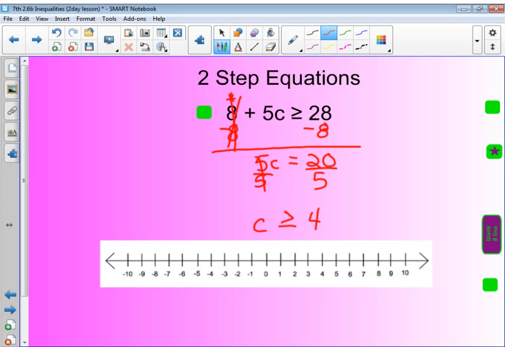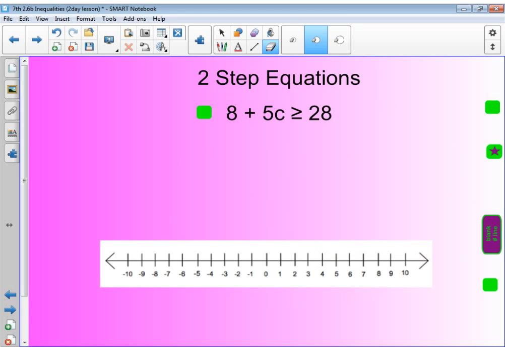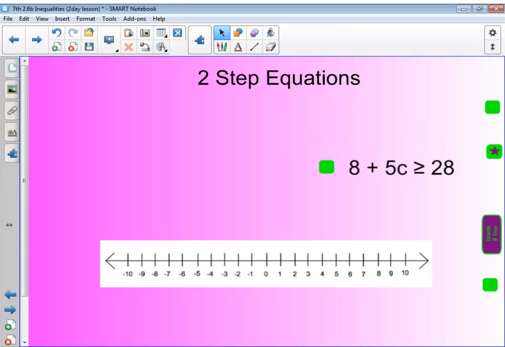So we're going to go to our 4, and build a closed circle, because it's got the line underneath, and then c is being eaten, so it's the bigger number. So we're going to go this direction. We're not adding a whole lot of new today. It's just that now they're going to have that inequality symbol, and so we have to combine two